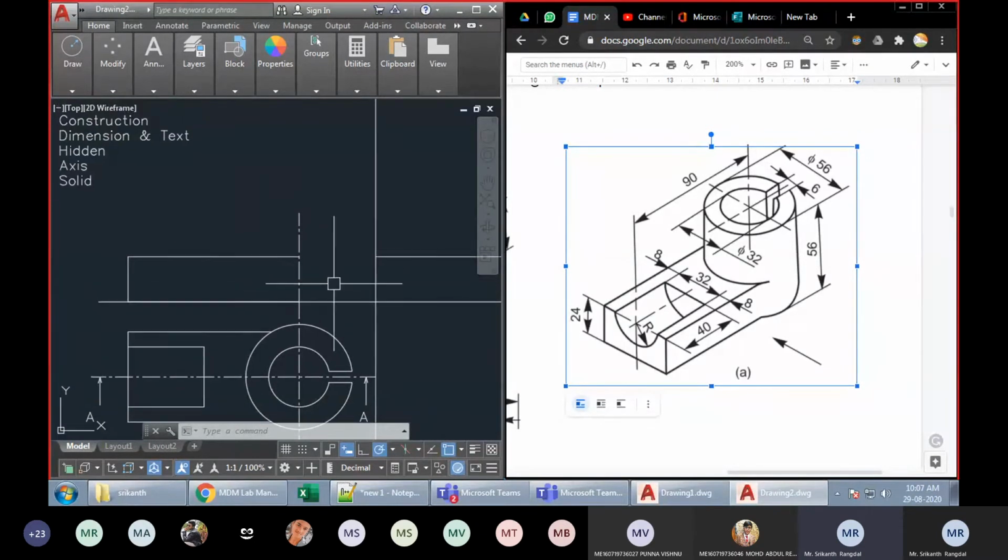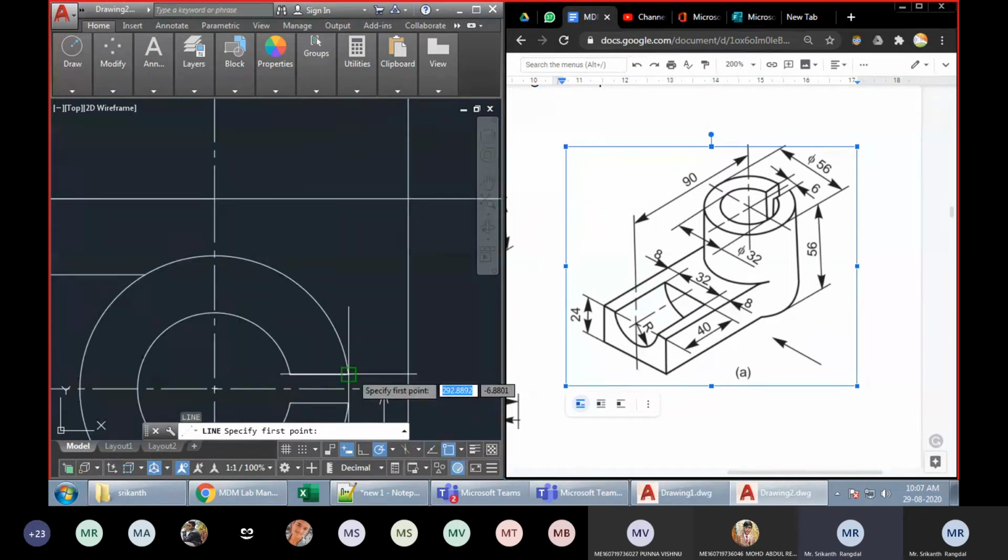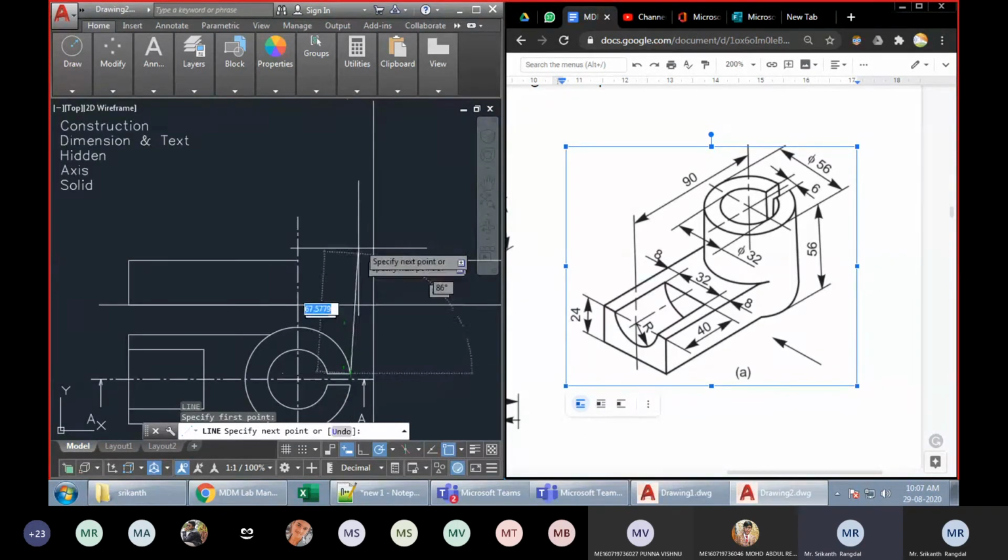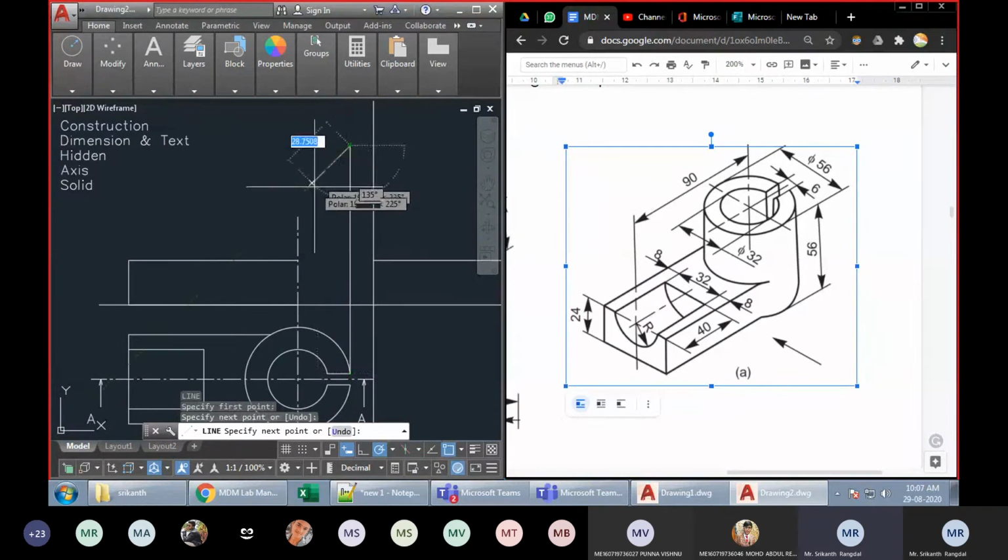So let us proceed in doing that. First of all, I'll take a line from this point, this corner point. Here we will get an edge. I'll just take a line up to the XY line, and from there, the total height we can see here is 56. Height of 56. I'll feed it from the keyboard.